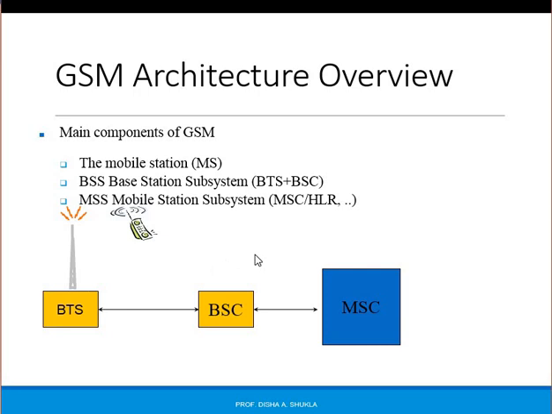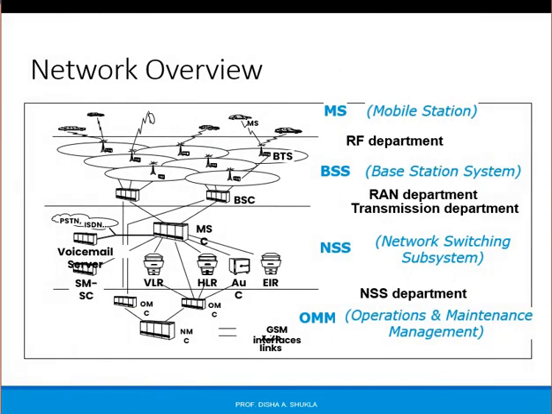So moving on further, this is the overall network architecture, wherein, as you can see here, the different MSs are in cars or something, and those are connected to the antenna, to the transmitter, or you can say to the BTS here. Those BTSs are further connected to the BSC, and those are again connected to the MSC. So this is the overall architecture, and again this MSC is connected to the VLR, HLR, AU, that is the authentication center, EIR, etc.